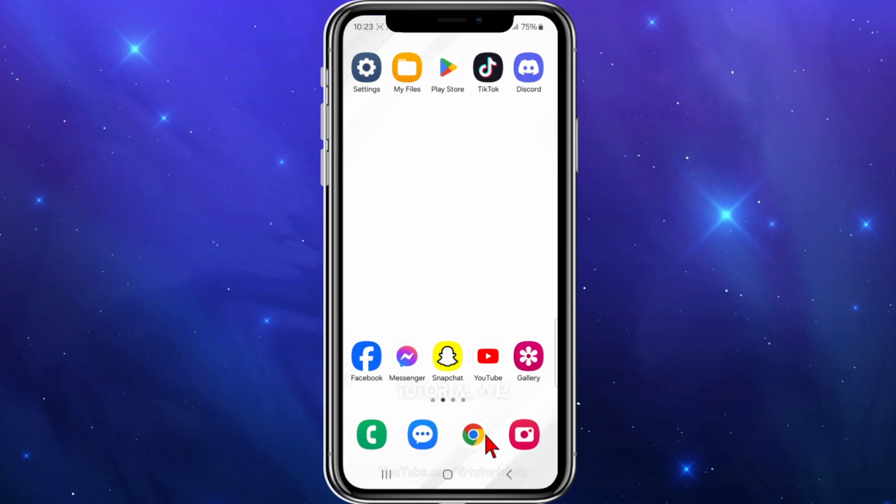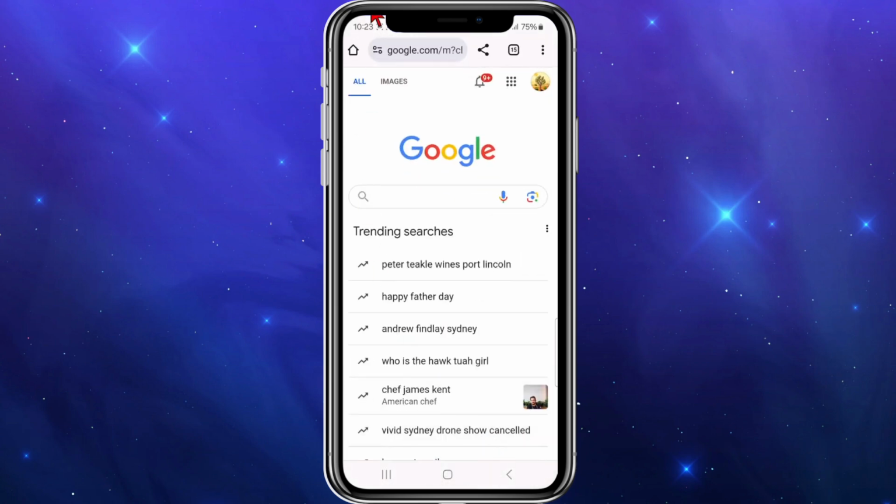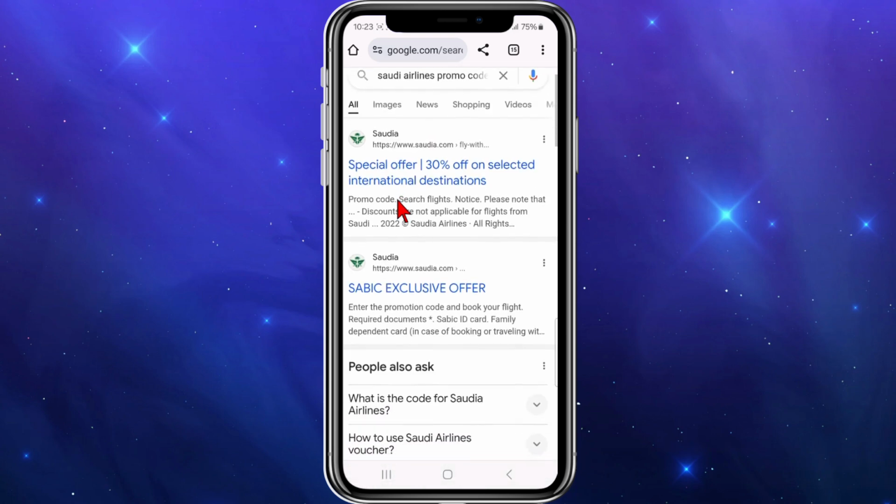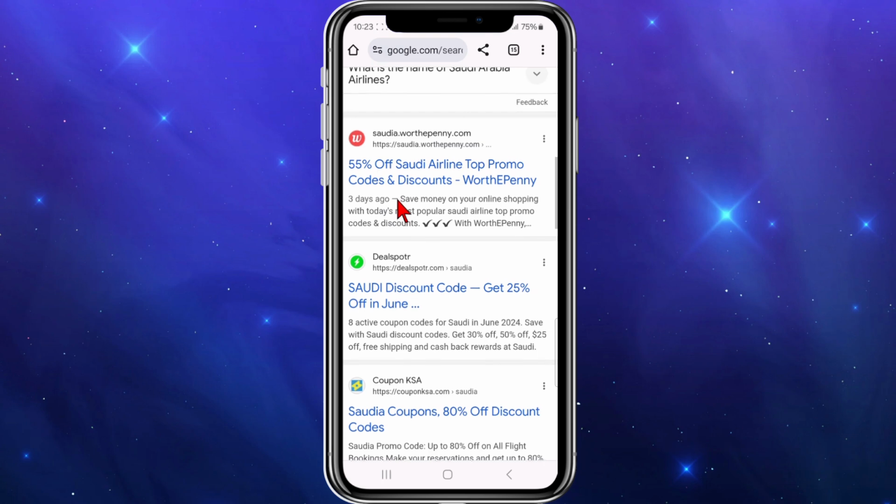In saying that, let's just jump straight into it. I'm going to open up any web browser on my device and head on over to Google. Once I'm inside Google, I'm going to type in Saudi Airlines promo codes. Then when I hit search and scroll down, you'll be able to see these third-party sites